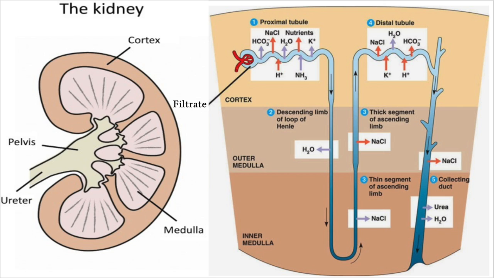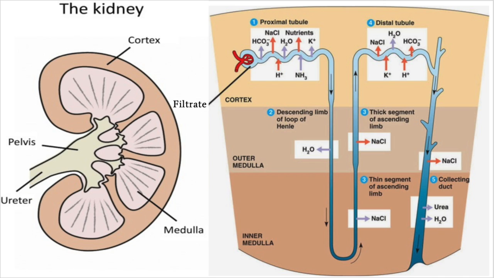On the left, you can see the inside of a normal kidney. The right side shows the nephron, or the functional unit of the kidney. There are approximately 2 million nephrons in each kidney. Nephrons begin in the cortex, the tubules dip down to the medulla, then return to the cortex before draining into the collecting duct. To begin, substances from the blood are filtered into the blood vessels and enter the tubule as